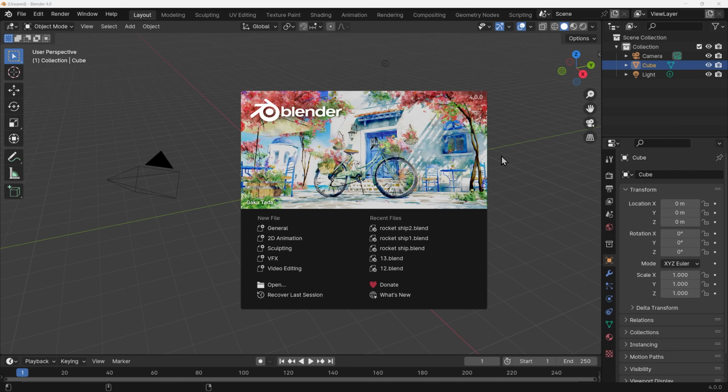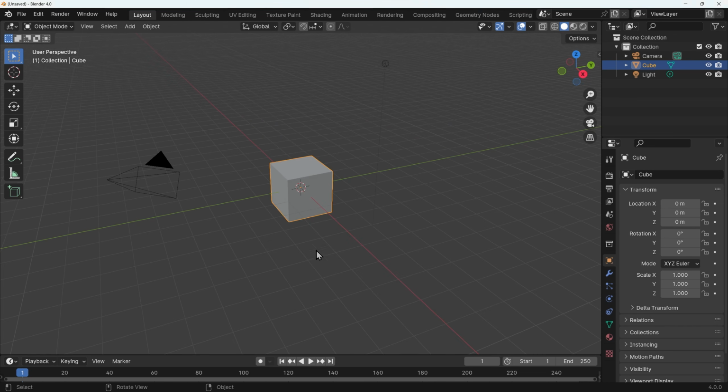So when you first load up Blender, you get a splash screen like this, and you'll see the version you're using up the top corner here. You'll see your recent files over to the right, and you can generate a new file based on the template on the left here. It's also worth noting that you can recover the last session in case things crash, and you can also open up files here. I'm going to start with a general file. You can click on this, or you can actually just click on the scene itself because that is a general